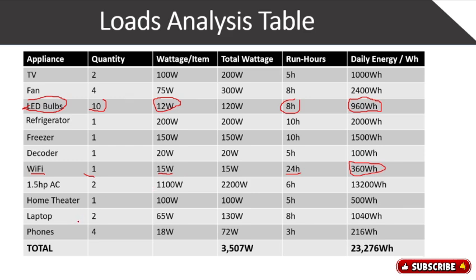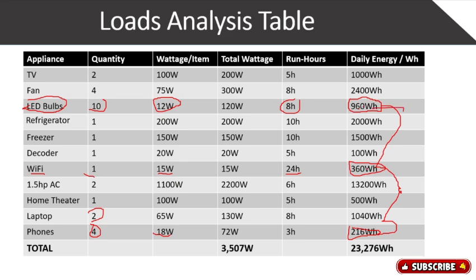You can see laptop, all this small one, phone, 4 phones. The phone is 18 watts. You see it's consuming 216 watts. So all these small appliances, when you gather them together, they consume a lot of energy. You can see this one. Let's assume you do not include this one. You do not include these laptops. You do not include these phones because you think they are small. Now when you multiply this, so when you sum